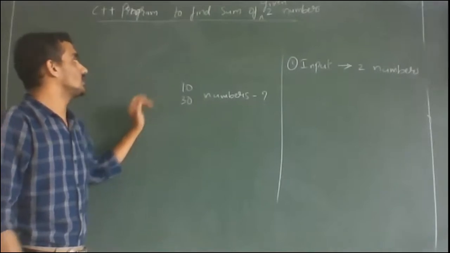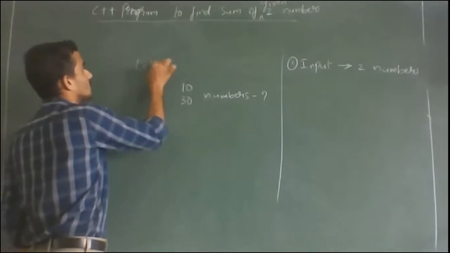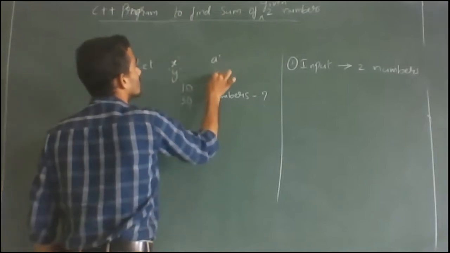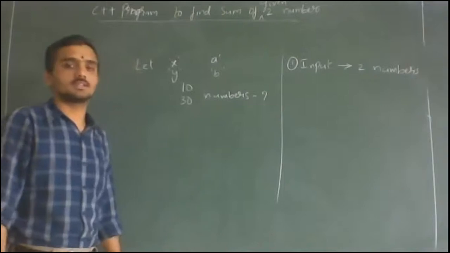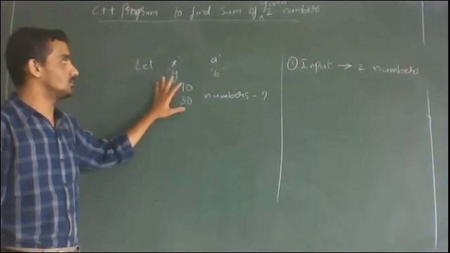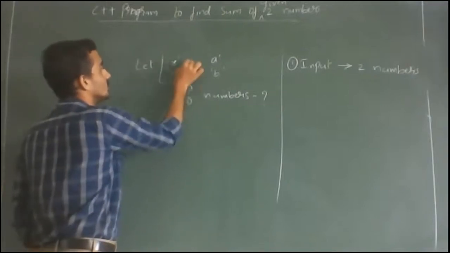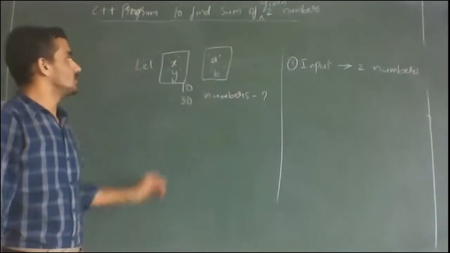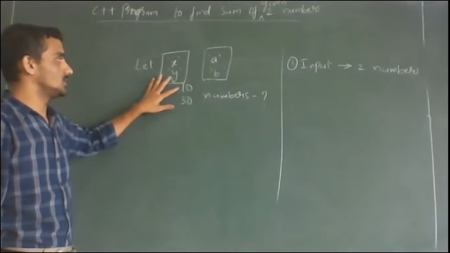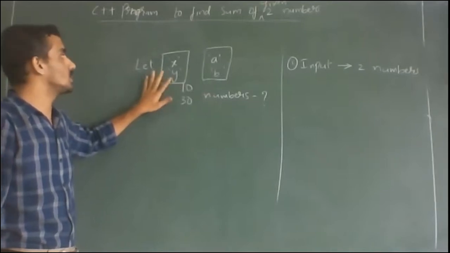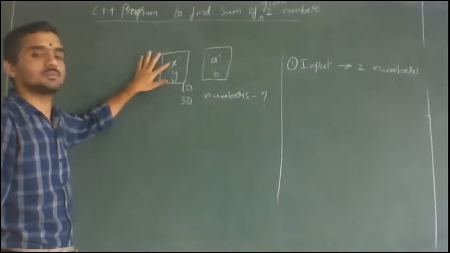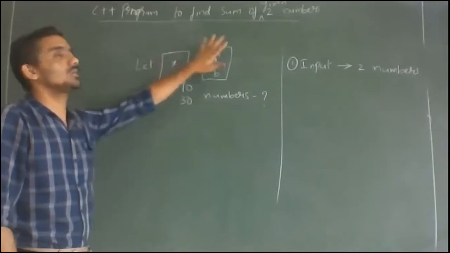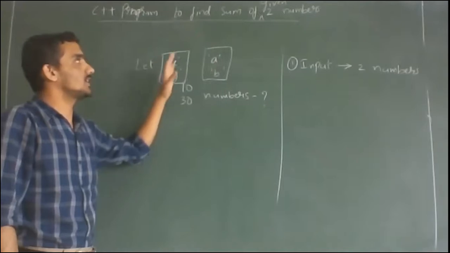So what will we consider? Let the first number be x, the second number be y, or first number be a, second number be b. If you don't know the actual numbers, then we take them in terms of variables, that is, algebraic terms. Here we don't know the numbers. They are telling the sum of two numbers is 10, but we don't know the numbers, so we take let the first number be x, let the second number be y. In the same way we have to write the program also. That means we can understand it better.